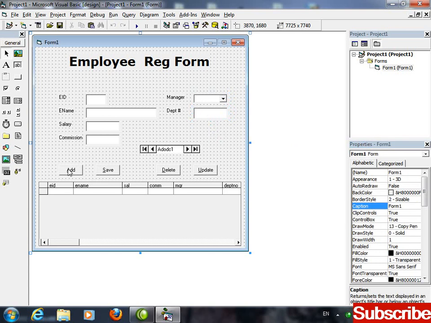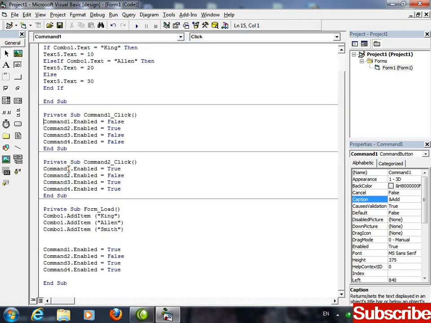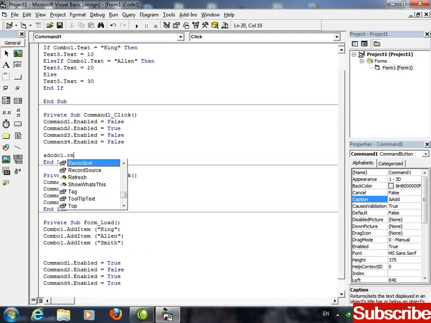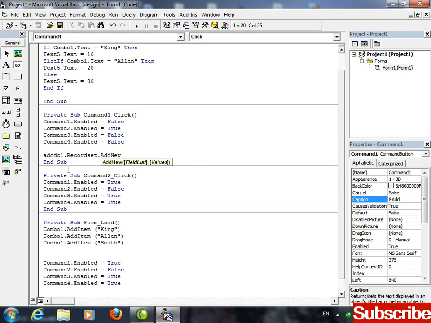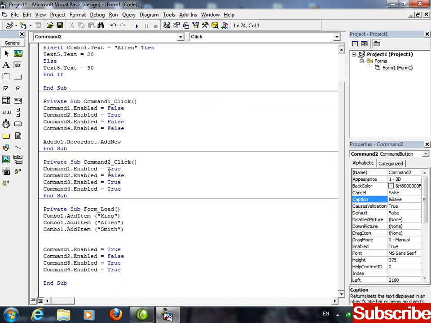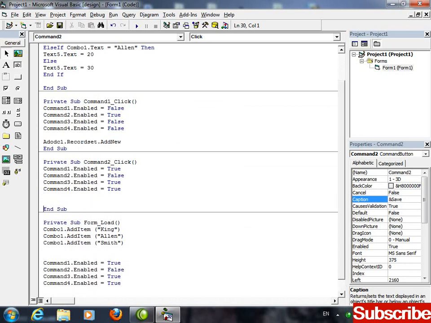Let's see. Okay. Double click on add. Now that ADODC has made the connection with the database, using that ADODC, what do I have to do? I'm writing here ADODC1.recordset.AddNew. Now for the save, what will I write? For the save, I am going to write here